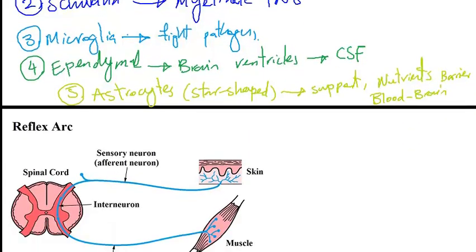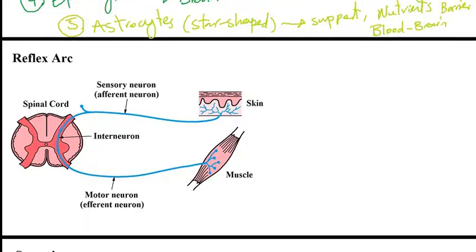Next, we are going to discuss the reflex arc, and basically the reflex arc refers to our sudden and involuntary response to certain stimuli, like for instance if there is something very painful or irritant, like if we step on a nail or if we touch something extremely hot, we will respond very quickly without even thinking of what had happened, and this refers to the reflex arc.